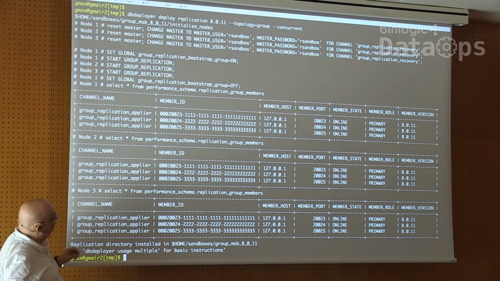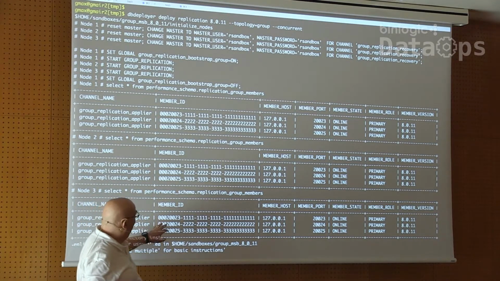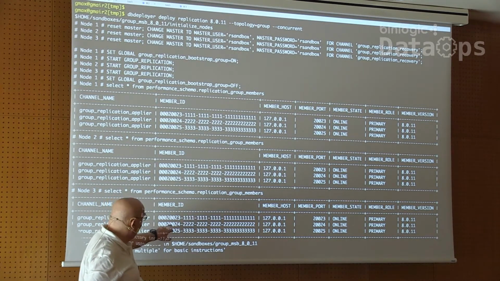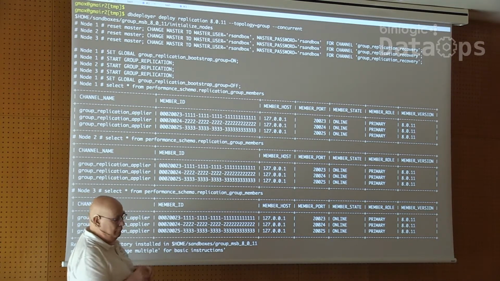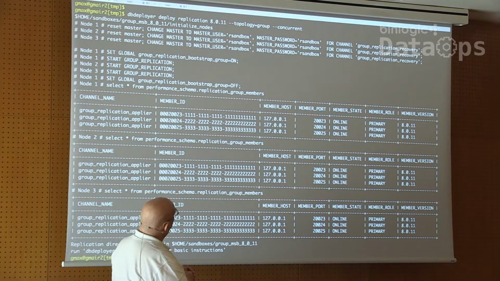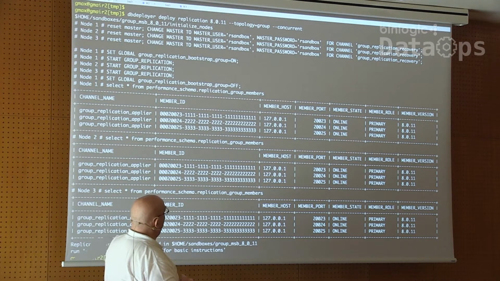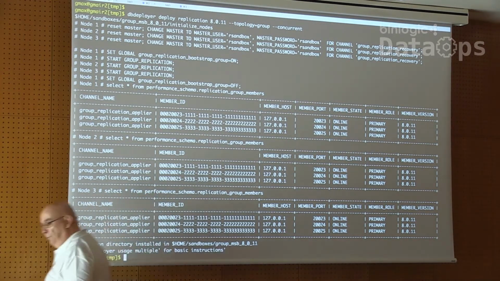So dbdeployer changes this UUID in such a way that it's still something long, but at least it gives you the idea that this is the first one, this is the second one, and this is the third one. So instead of having UUIDs that are for machines, you get UUIDs that are for humans. And this is a group replication ready for work,